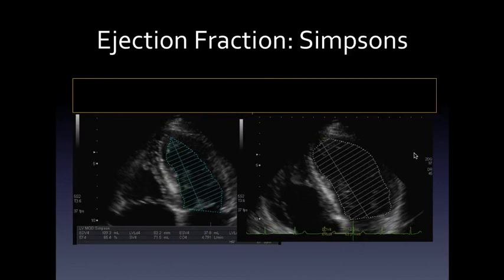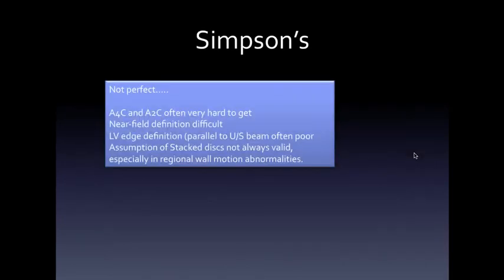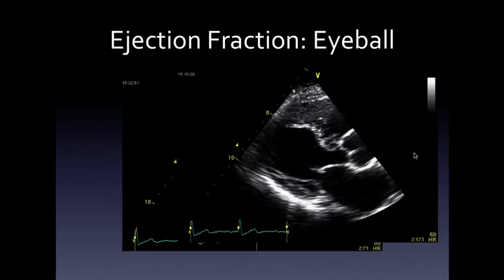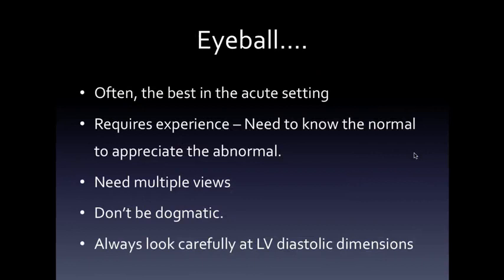The good old eyeball is next, so let's just take a picture and look. And I confess, this is what I usually do. So you'll take a picture, which isn't playing on this slide, so we'll move on to another one, but you'll take an eyeball and you'll say, look, I think the heart looks good, I think the heart looks bad. And of course, it's often the best, really, because if you can get 3 or 4 views, you can tell an awful lot about the heart, but it does require experience, because if you take a 28-year-old marathon runner, and